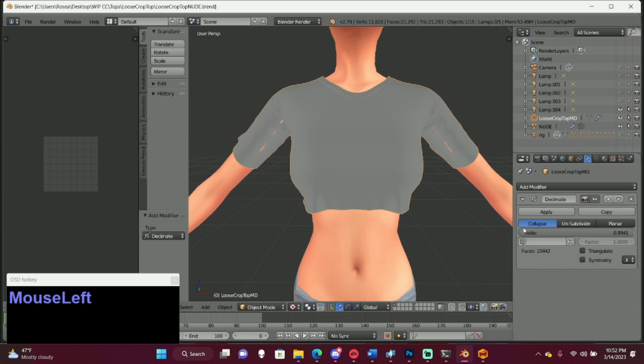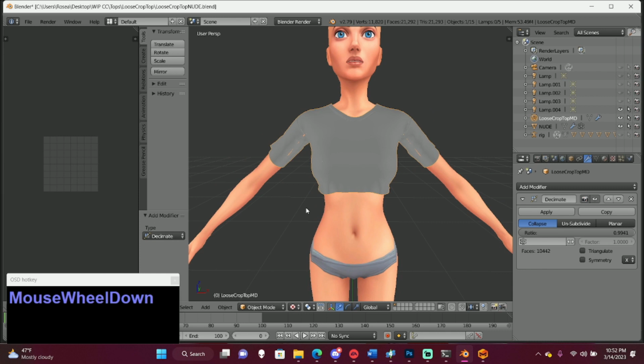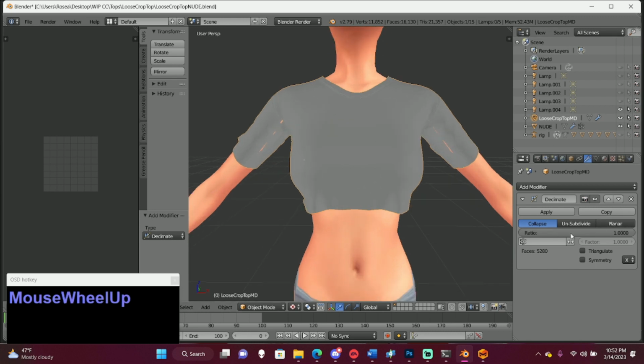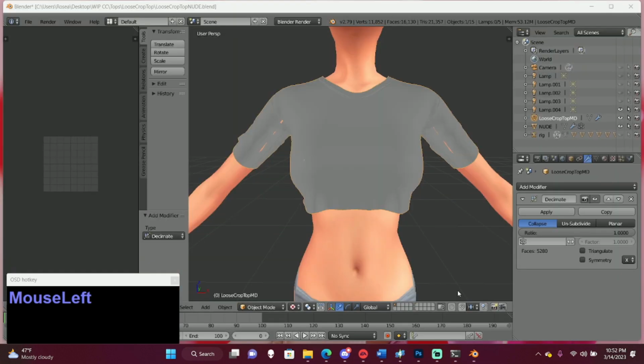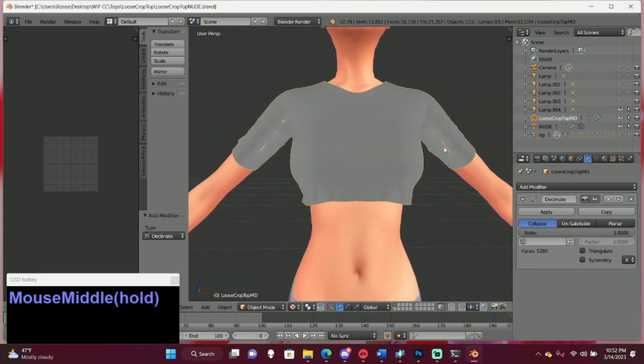So it's a little close to our 15,000, but I think the top body is only 3,000 something, so we shouldn't go over 15,000. So I'm just going to leave it as it is. If you hop in and you see that it's over 15, go back into Marvelous Designer and change your particle distance. Alright, so the next thing we're going to do is close the holes on the shirt.